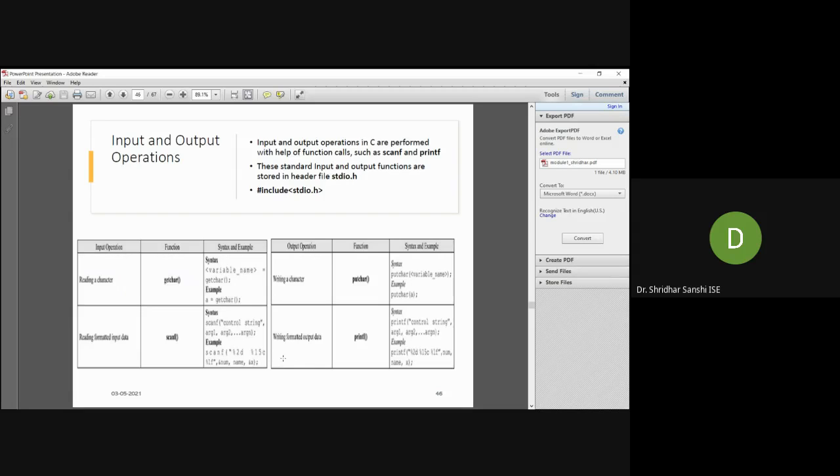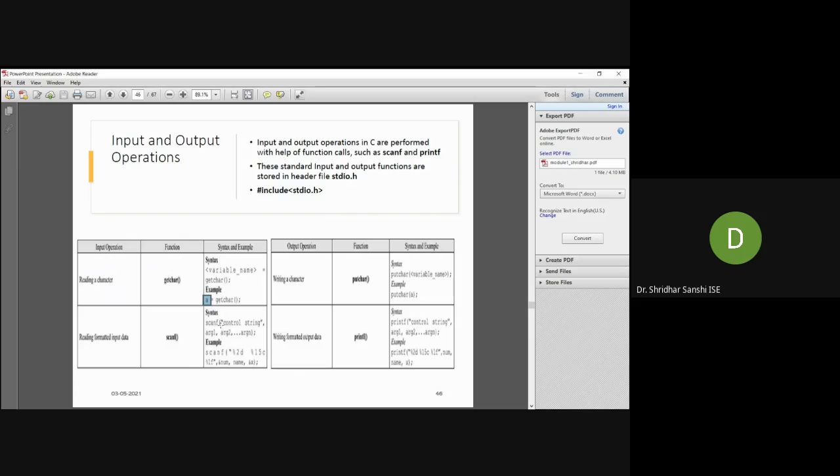I'm calling this getchar function. This getchar is defined in stdio.h, so we need not write the code for that. The code is already written in stdio.h. That's why we are including this header file whenever we are writing a program. Whenever this statement is executed, it accepts a character from the keyboard, and that character is assigned to the variable a.